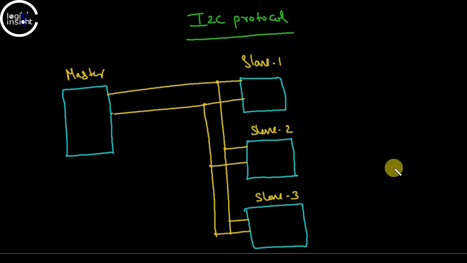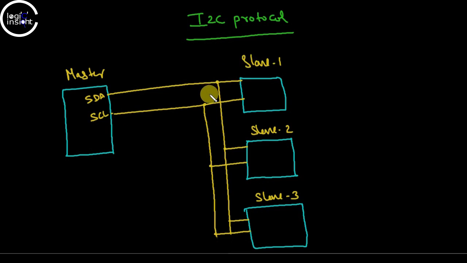Hi guys, in this presentation we shall learn more about the I2C protocol. In the previous lecture I said that there are two lines, right? This is the SDA line and this is the SCL line, okay? Now see, the main idea of I2C is to use only two wires, SDA and SCL, to communicate with more devices. More depends on the address, right? If it's a 7-bit address, we can communicate with up to 128 devices, and that too independently.